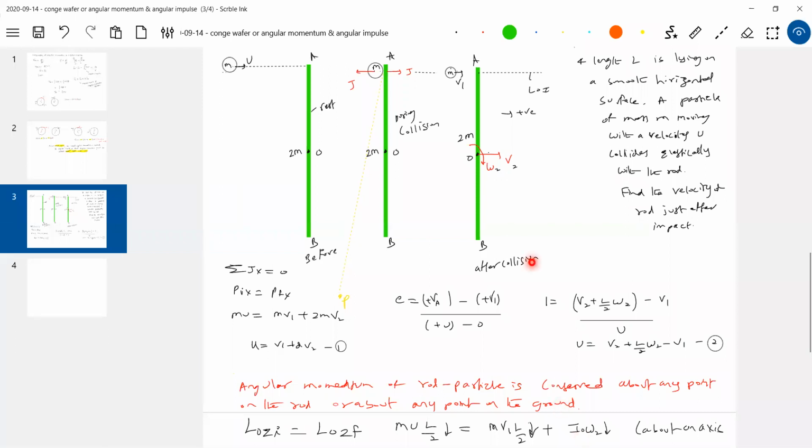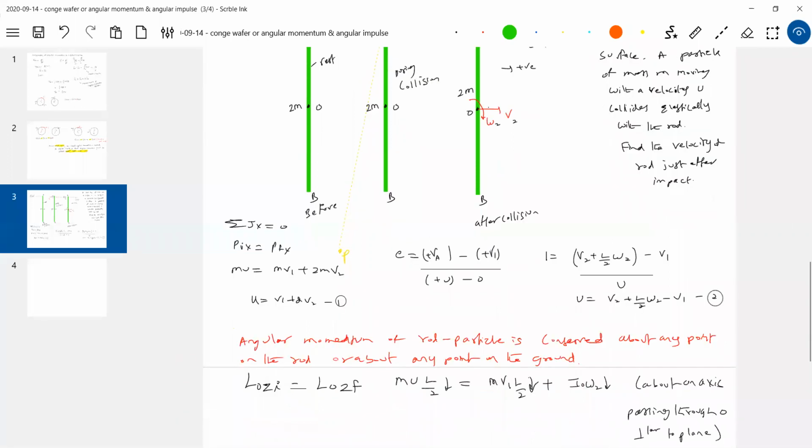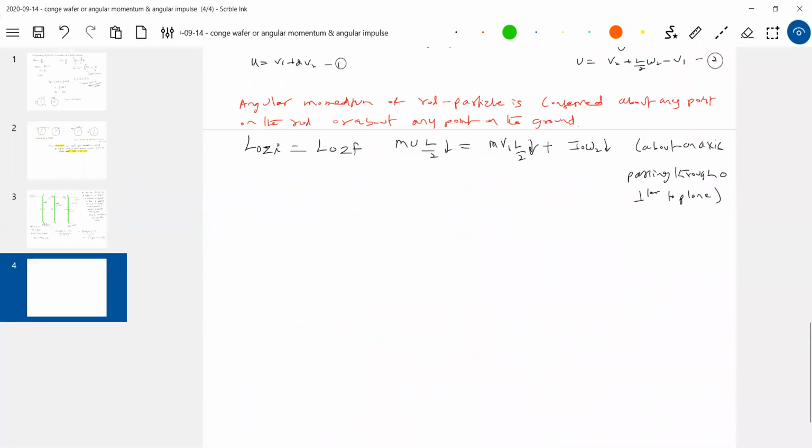Therefore, I want to write a simplified mathematical equation, so I'm picking an axis about which the rigid body is rotating. The rigid body is rotating about O, so I'll define about that one. The formula becomes very simple: moment of inertia about that axis into angular velocity about that axis. Able to get this? So in all these conditions I should always check about what point the rod will rotate after collision. About that point we'll define angular momentum, so that will be easy for us. Okay, what is our question now? We have to find V1, V2 and omega 2. Let's get into the calculation part.